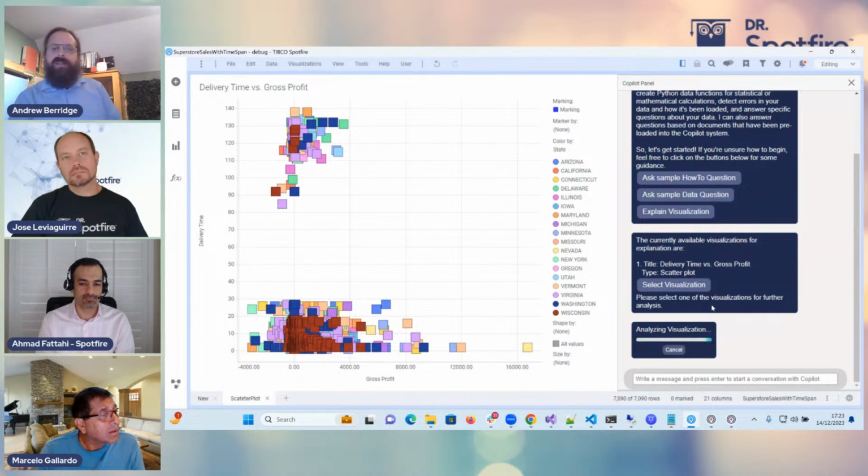collect the data that's behind this visualization. Actually, it collects the aggregated data for any visualization and sends it to Copilot, along with the configuration of that visualization. So then the LLM is able to